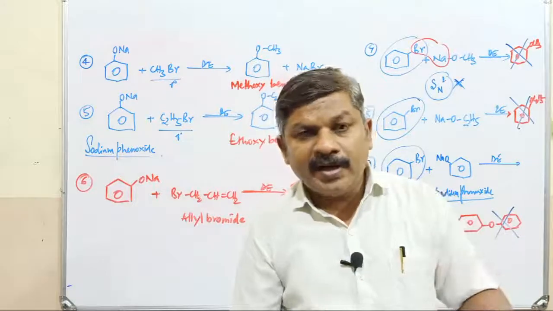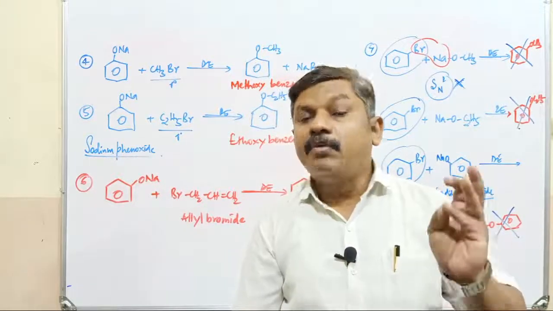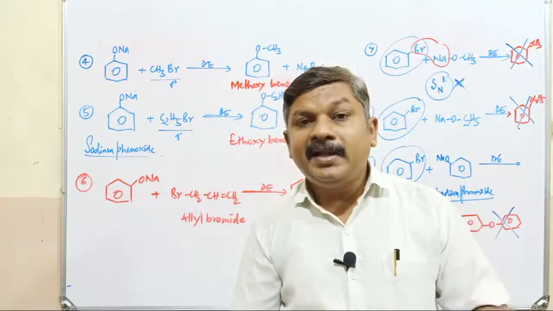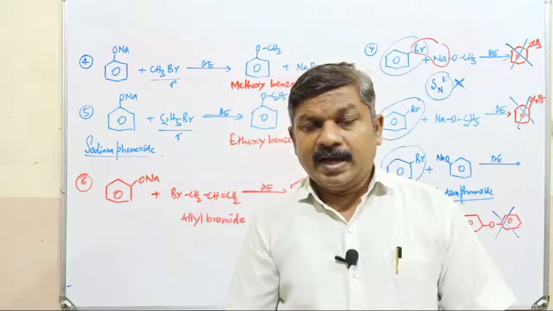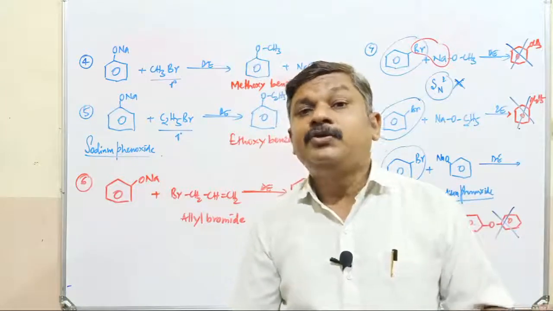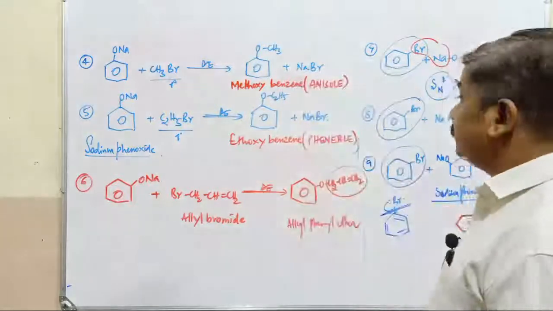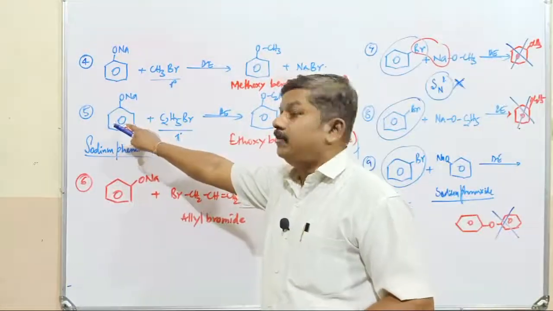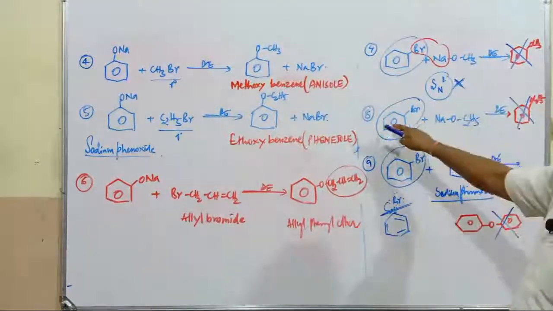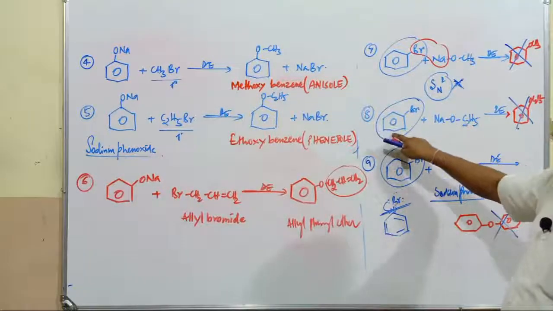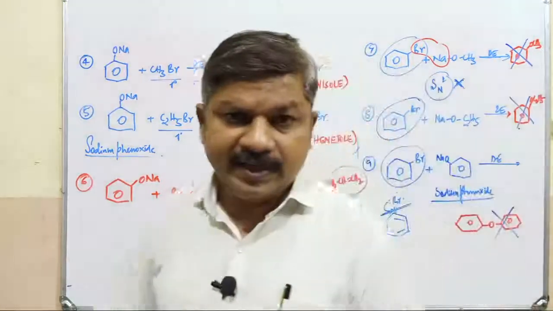It follows the SN2 mechanism. There is no carbocation, and inversion of configuration takes place. Most importantly, to get a better yield of ether, the alkyl halide must be primary, and to get an aromatic ether, an aryl halide should not be used. Instead, use an alkyl halide plus sodium phenoxide to get aromatic ethers. If you carry out the reaction with an aryl halide and sodium alkoxide, then no ether forms.